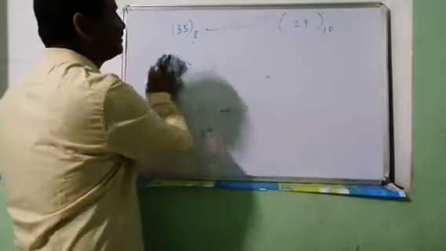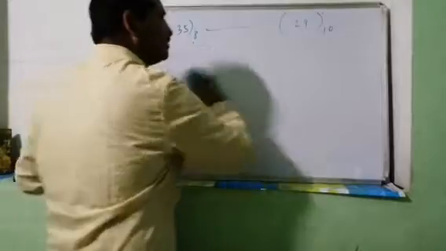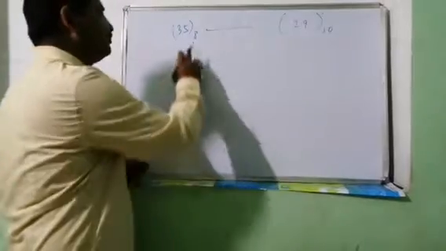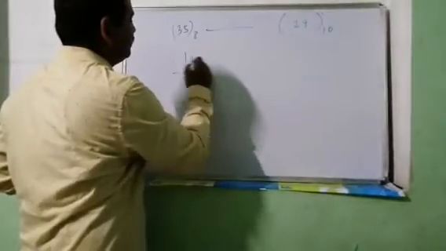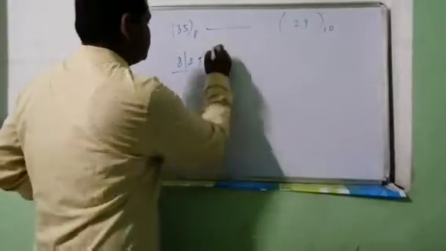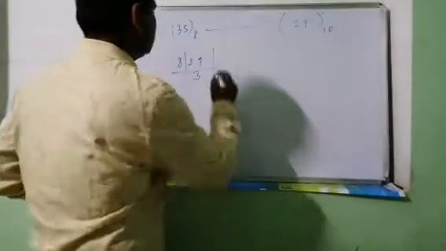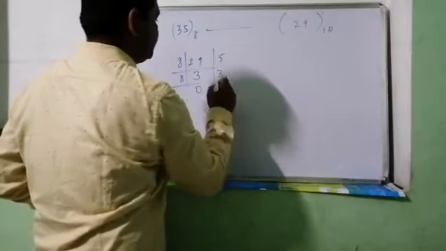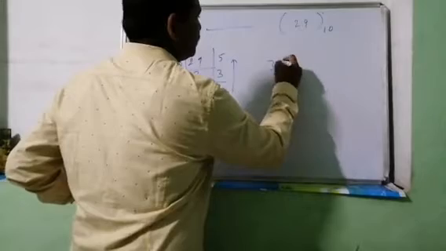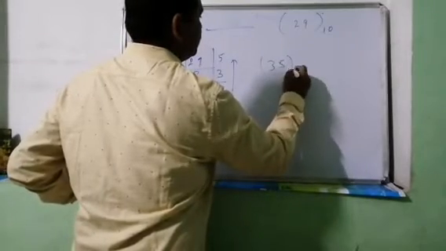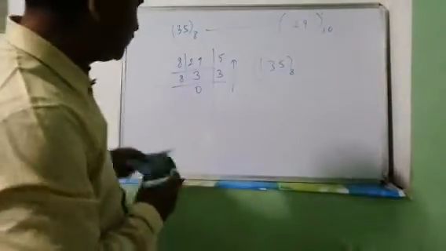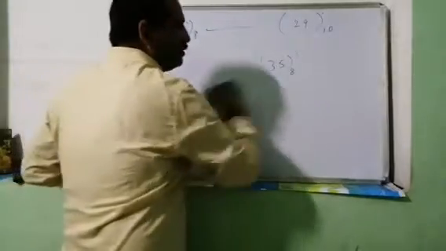If you want to check whether this is correct or not, the same process we have to follow, whatever we have used to convert decimal to octal. So in decimal to octal, what we have done, we have to divide by 8. 29 divided by 8. 8 threes are 24. It will be 5, 8 0s are 0, 3 is left. So this is the way to convert octal number to a decimal number system.